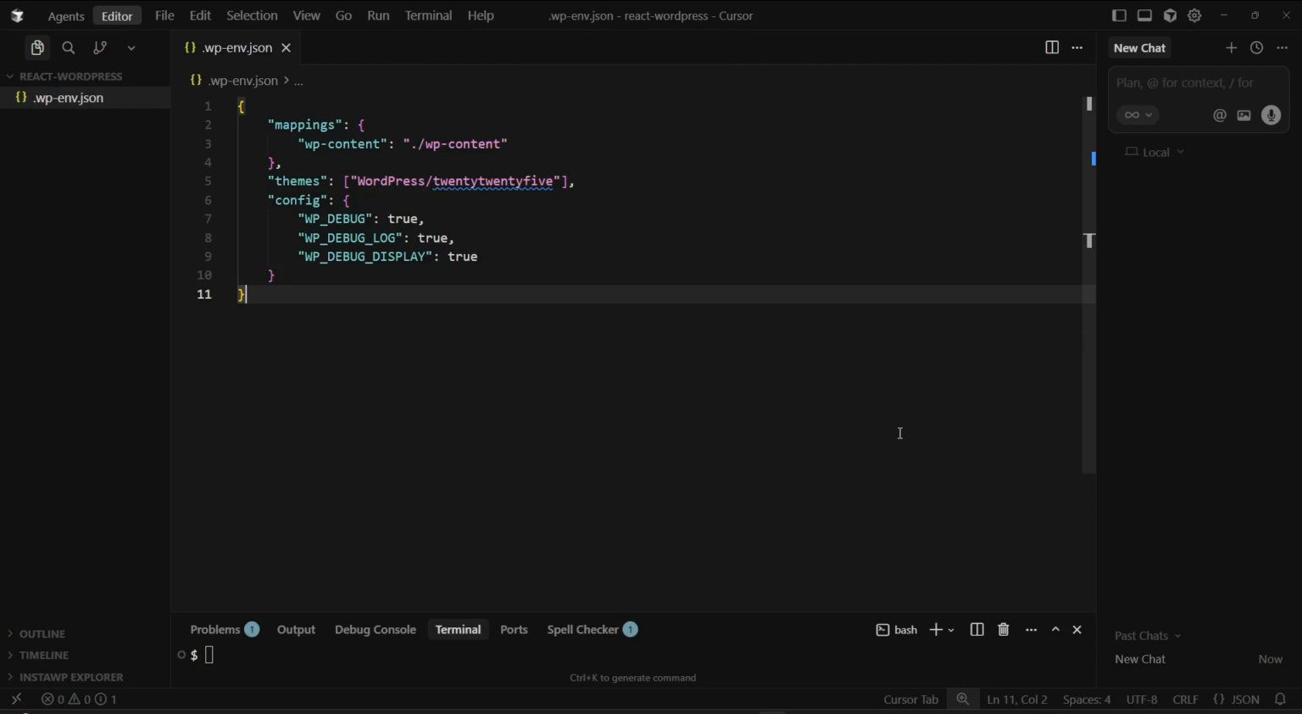So first of all, we need to set up a development environment. In this video, I will be using Cursor to increase my development speed and to make this video a bit shorter. And I will be using Docker and WP env